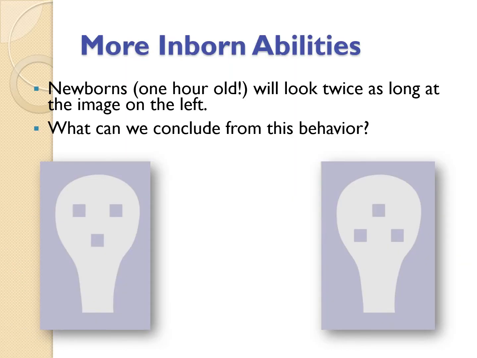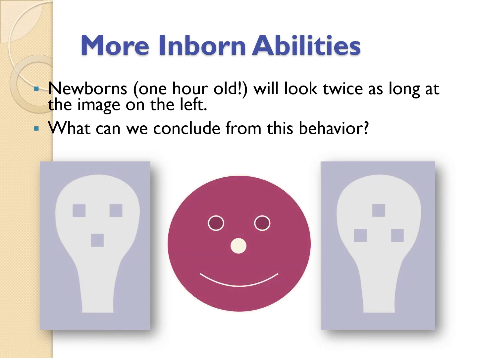Another inborn ability or reflex is the ability to look at a face and recognize that it's a face. The whole reason why that's reflexive is that a face will be the thing that will take care of you. Within an hour after being born, a child can look at a face. Flip that face upside down, or distort it in some way, and they will look away. It's a face that they know will care for them, so they will look at a face twice as long as anything else.